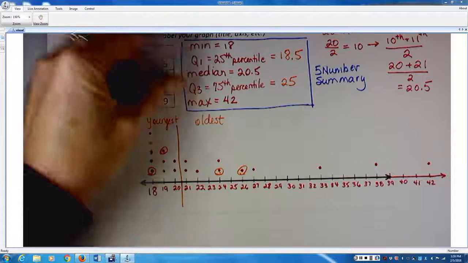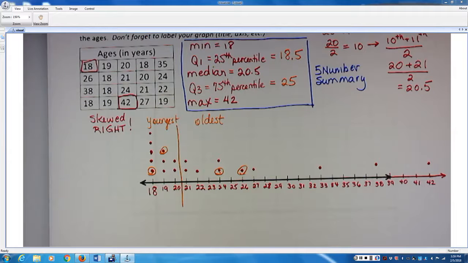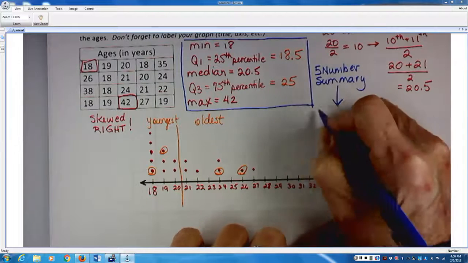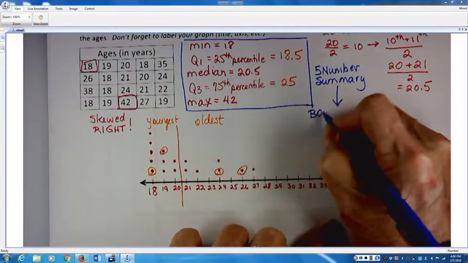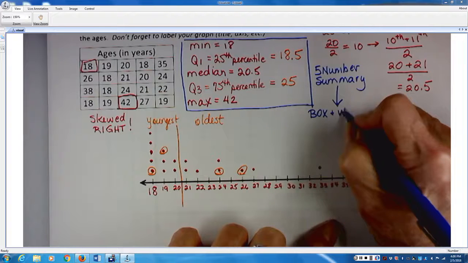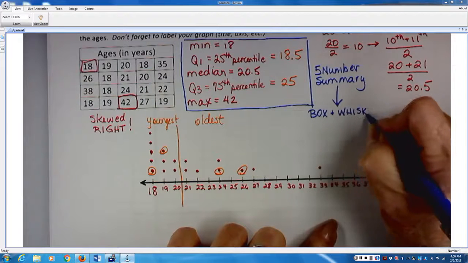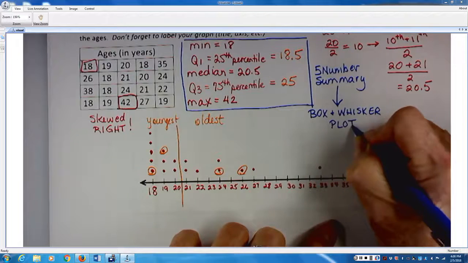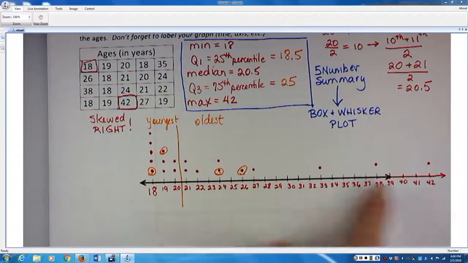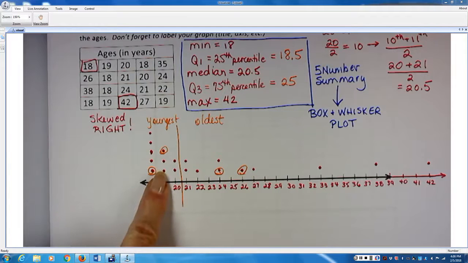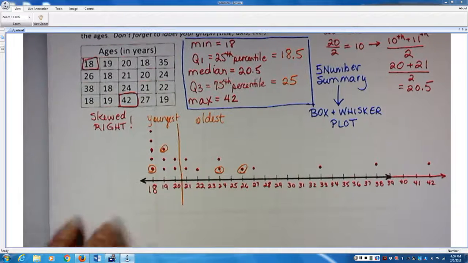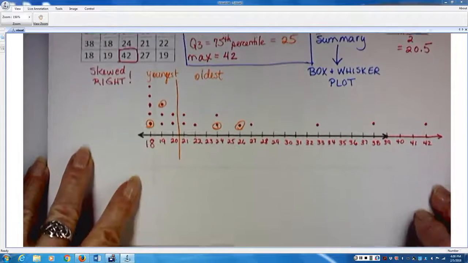And I can make other judgments based on that too. But the good thing about the 5-number summary is it leads us to something called a box and whisker plot, which shows us something similar to what this does, but it only looks at these 5 numbers. So if I were to make a box and whisker plot of this data,